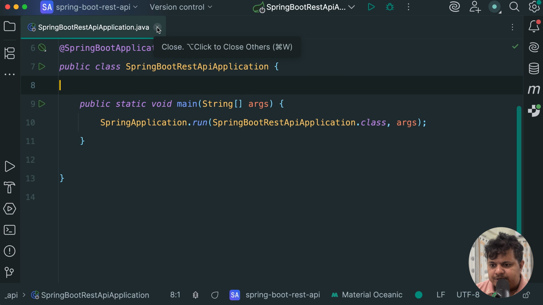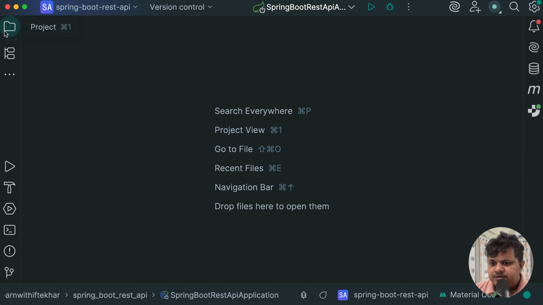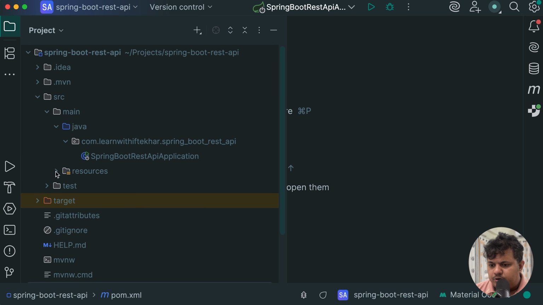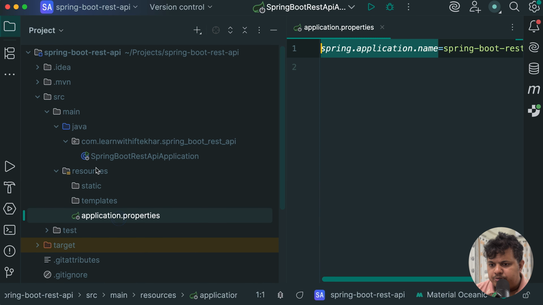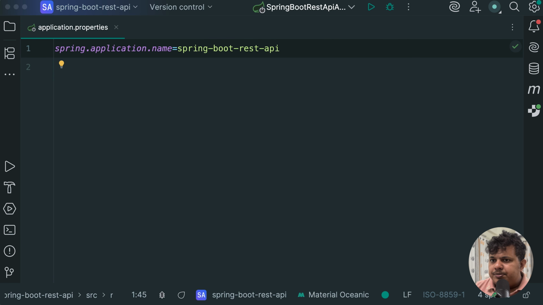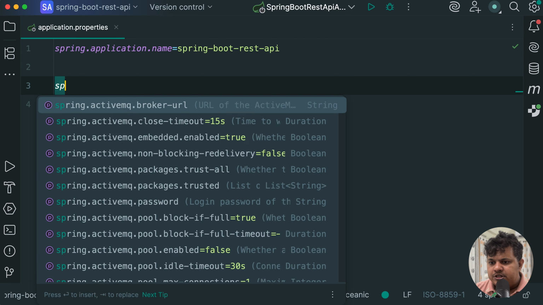Let's close this pom.xml and this Java class. Opening the sidebar, from resources, open application.properties. Here, in this application.properties, I am going to provide the necessary configuration for connecting with the database. The first thing we need is the database URL. We can give this using